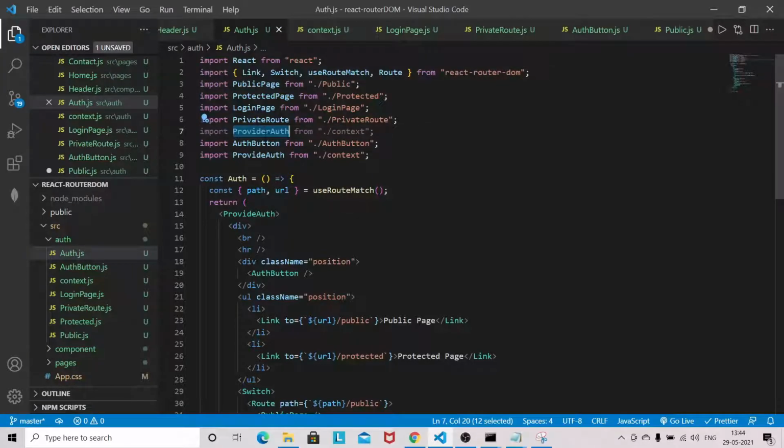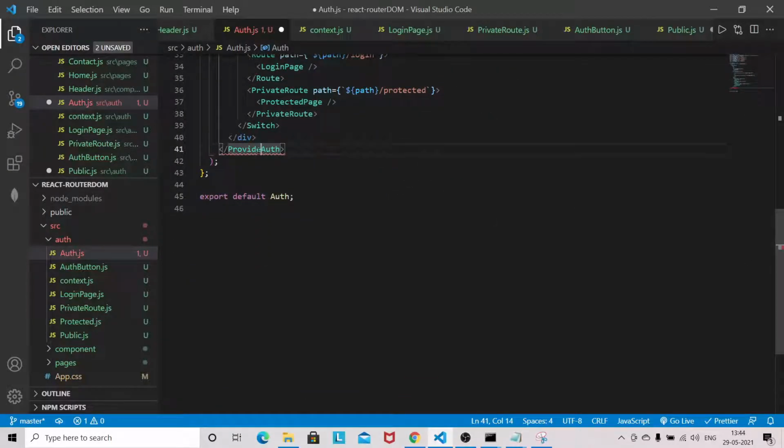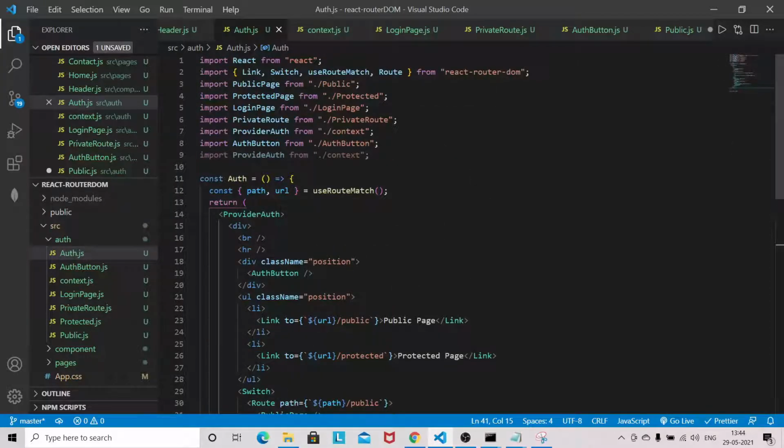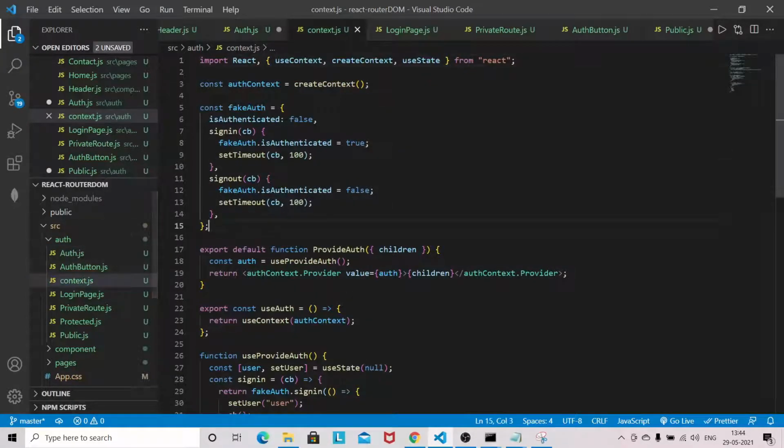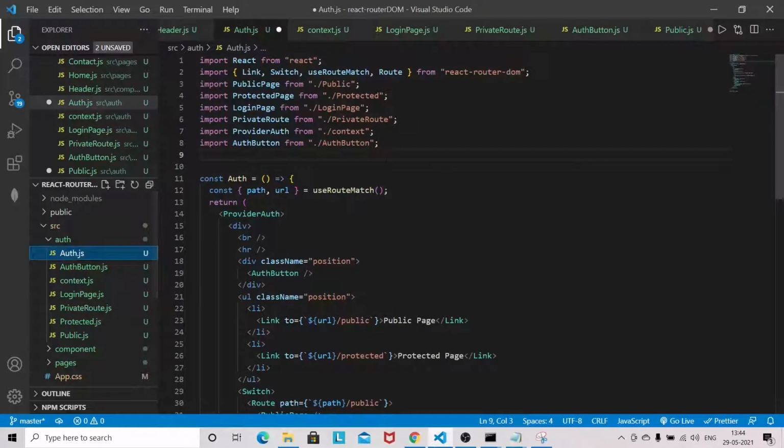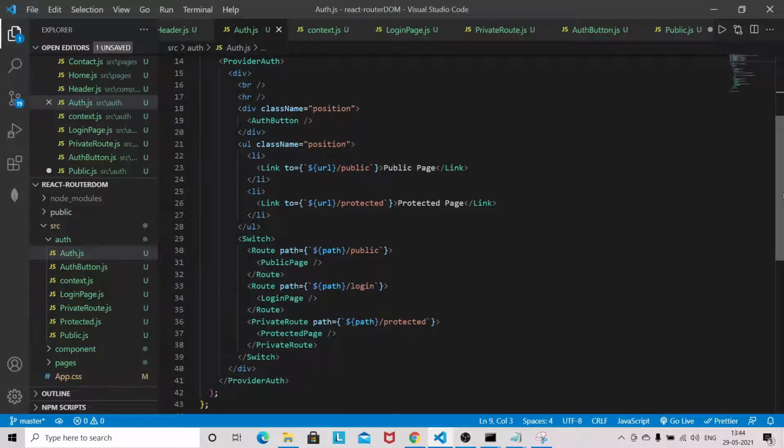Provider auth. Okay, this will be provider auth, not provide auth. So let's change this one. I think there was some spelling mistake, that's why it imported provide auth. So I have removed that one. Let's review everything. So I think we are done here.